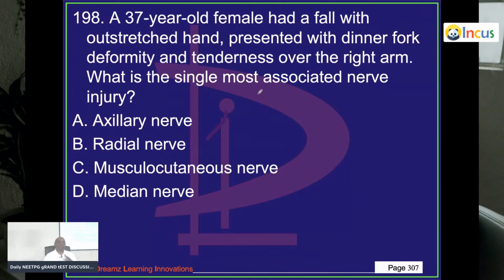37-year-old, what is the most common nerve injury in the case of humerus fracture? Axillary. Axillary supplies? Deltoid. Biceps spine? Musculocutaneous nerve. And what is the main supinator when the elbow is in flexion? Biceps brachii. Brachialis is again a different muscle. When elbow is extended,